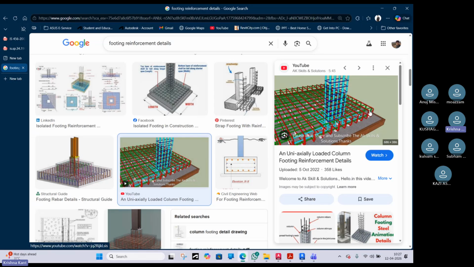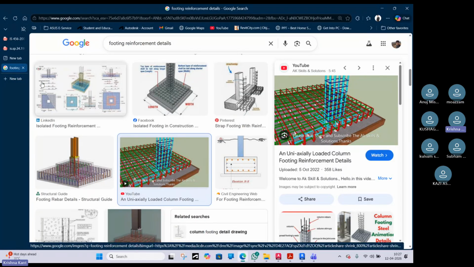A spacing means the space in between these two red bars is basically the spacing of the main bar, and again the green bars which are in the horizontal direction also have a space in between. Okay,